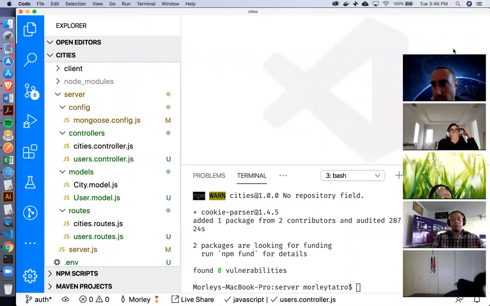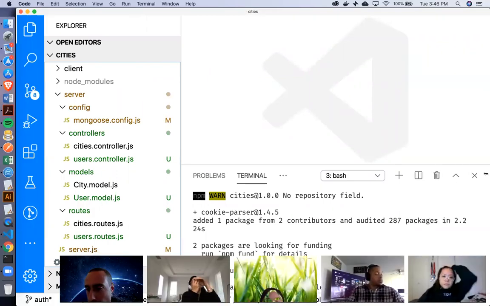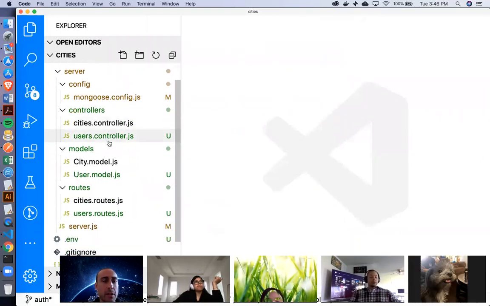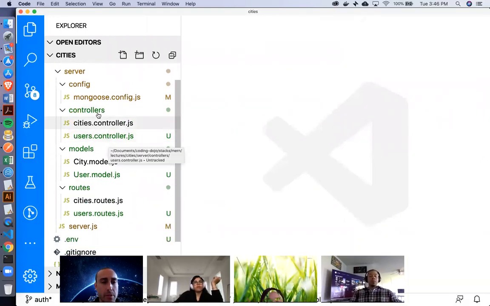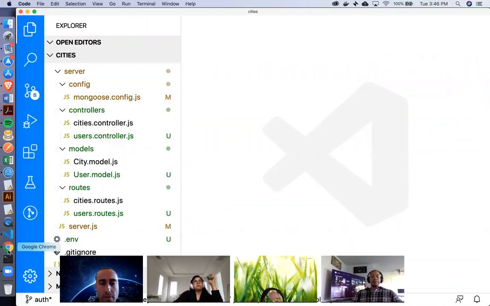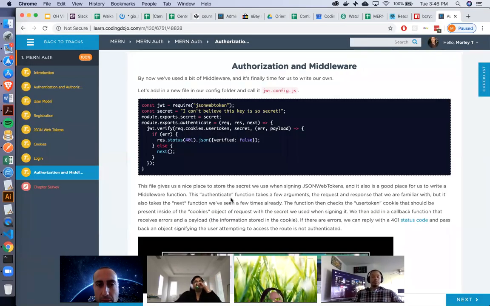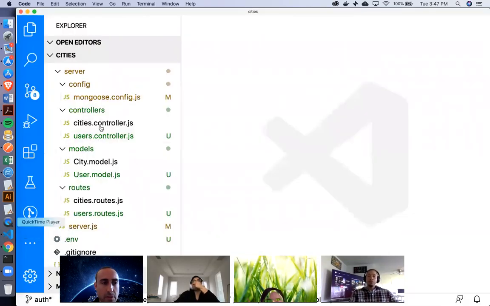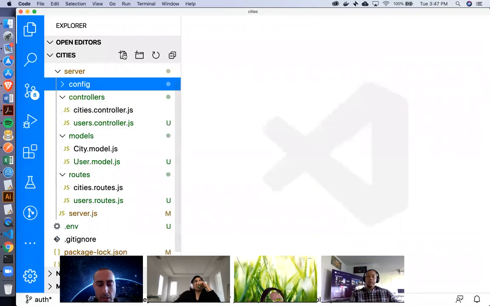Okay, and inside my server, where do we want to put this? They tell us they want us to put this inside the config folder. All right, that's fine. So inside config, we're going to create this file called